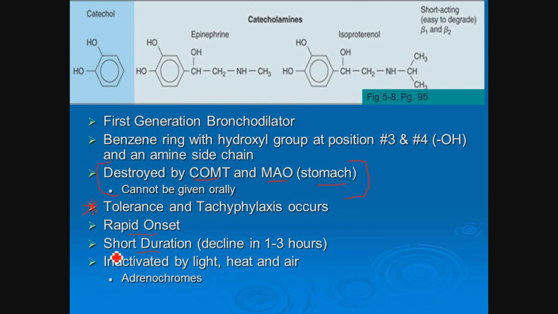The other weirdness to them is that they're inactivated by light and just over time when exposed to air. Environment sensitive. If you see them, they'll always be in a brown bottle, so they're not sensitive to the light. And when they become sensitive, they create a substance called adrenochrome, which you don't need to know,